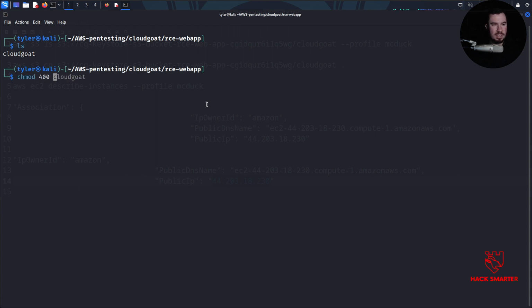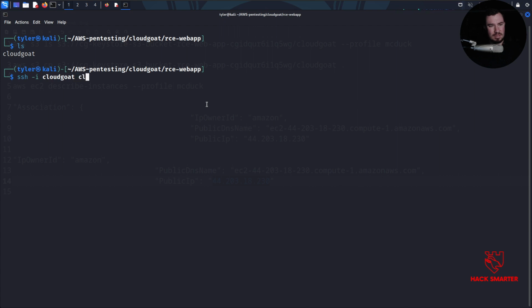So you saw me do this to set the appropriate permissions. Otherwise, it'll actually throw an error and you won't be able to use it. I realized I didn't explain why I did that when I first grabbed the key, so apologies for that. But ssh -i to specify a key. I don't know what the i actually stands for. We should be able to specify the key like that, and I think it would be